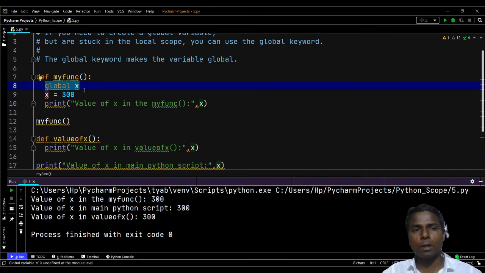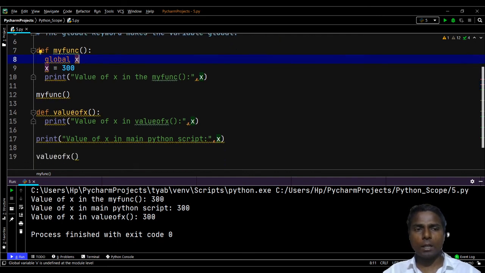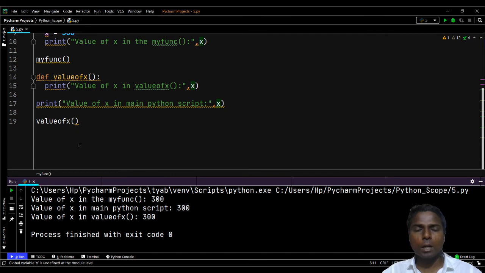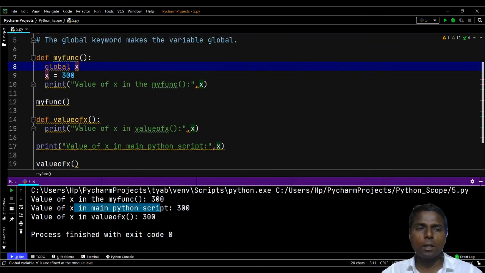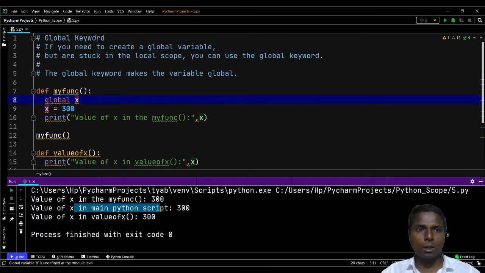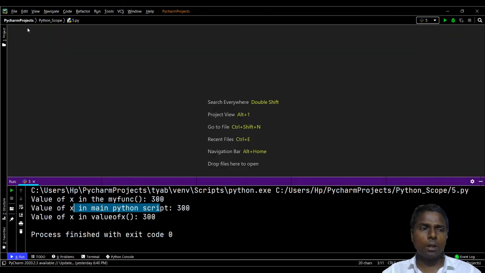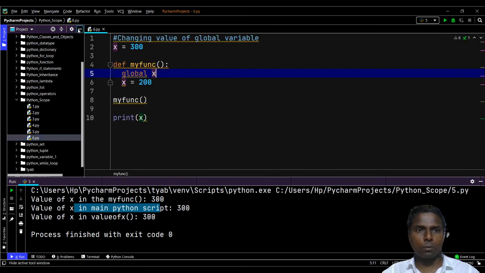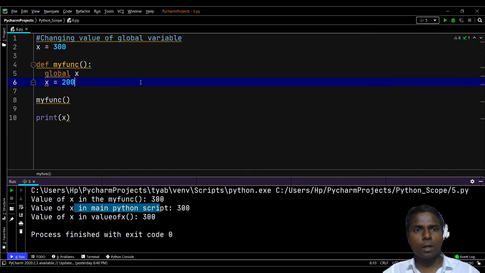Statement number 8, the x variable will become global, and this x variable we can use in all functions, however many functions will be using it, as well as in the main Python script, where we can access its value. From this we can understand the importance of the global keyword. Let us go to the next program, that is 6.py, where we'll be understanding can we change